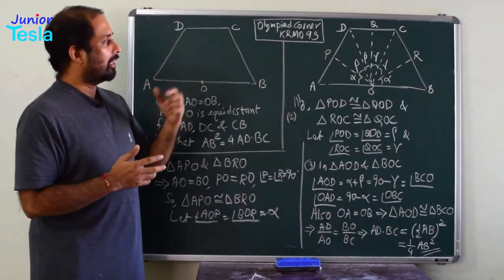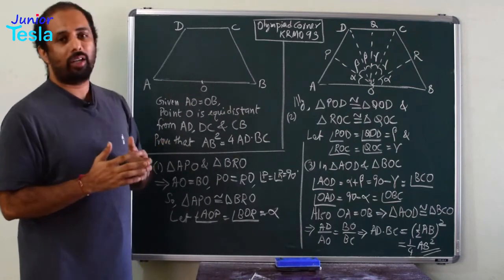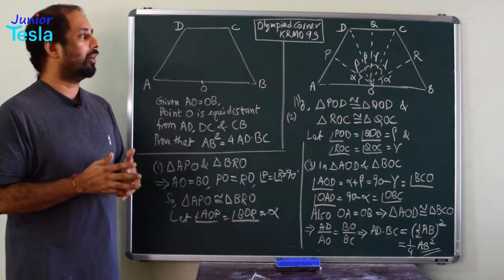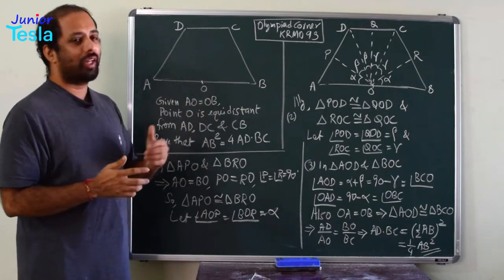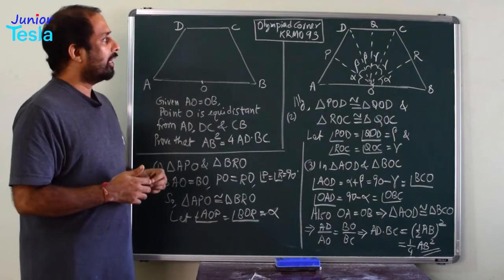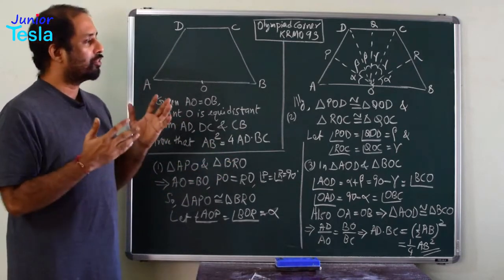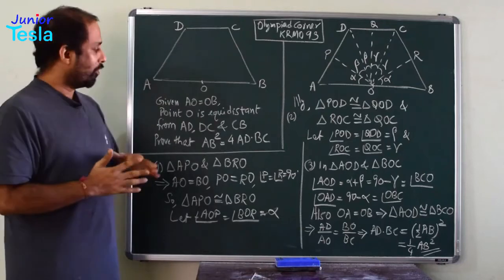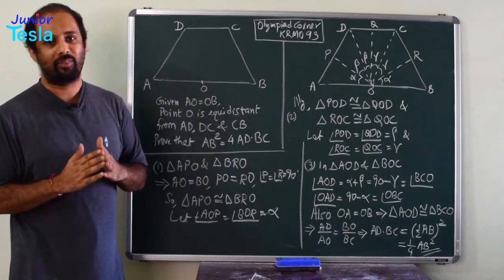Now, we have another set of triangles, triangle OQC and ORC. Again, we can apply the same procedure. OC is common for both the triangles, and OQ and OR are equal because it is given. Then angle Q and angle R, both of them are 90 degrees. So, you can say those two triangles are also congruent. So, we actually got three pairs of congruent triangles.